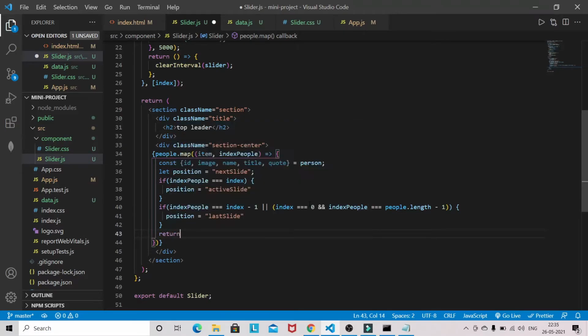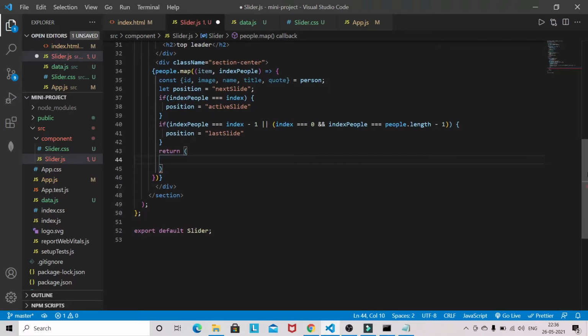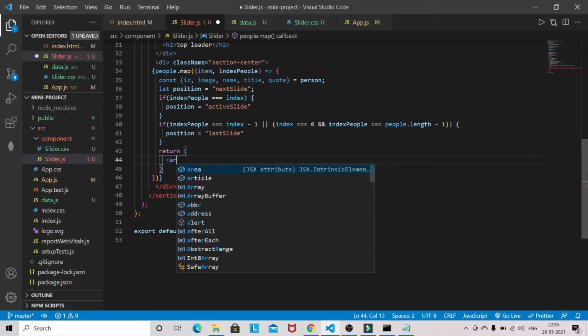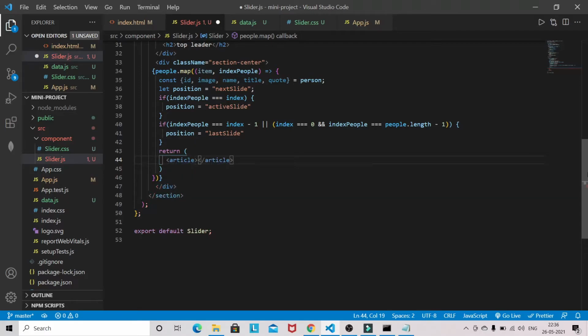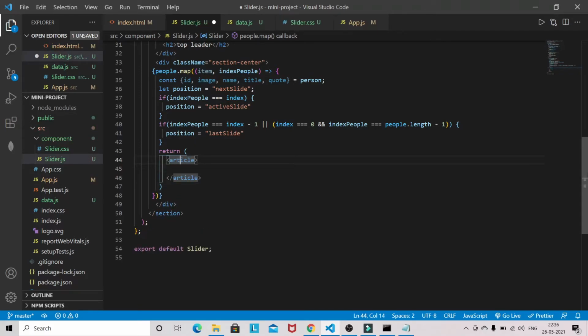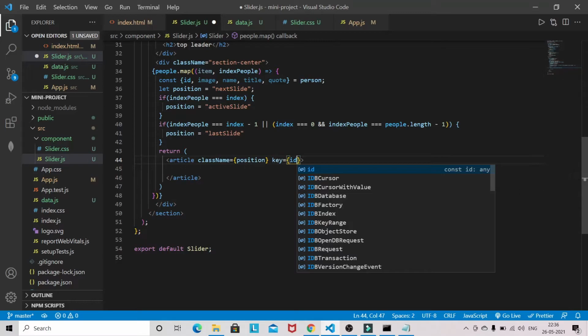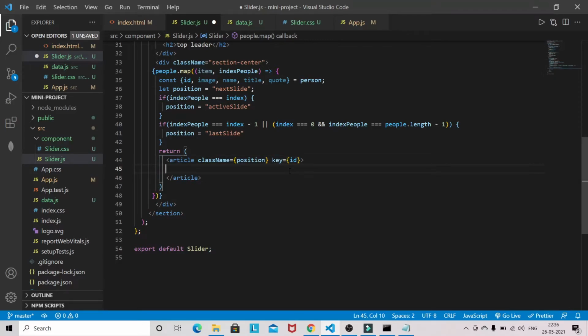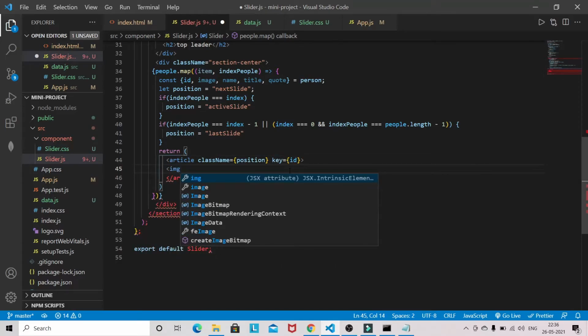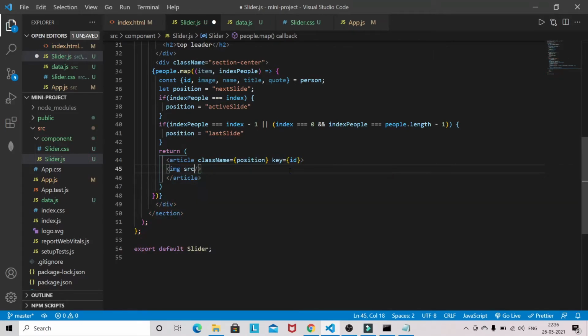Now we have to return. I will return the article, and I will give the class name of position and key equal to id. Now the image source: we have already destructured the image.